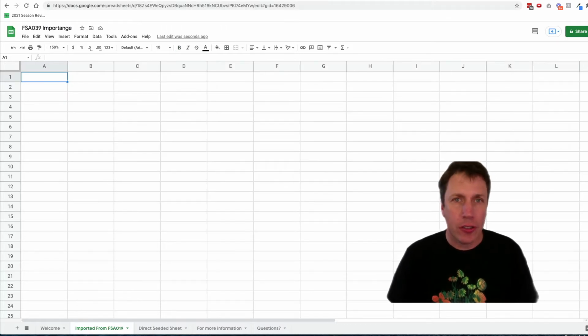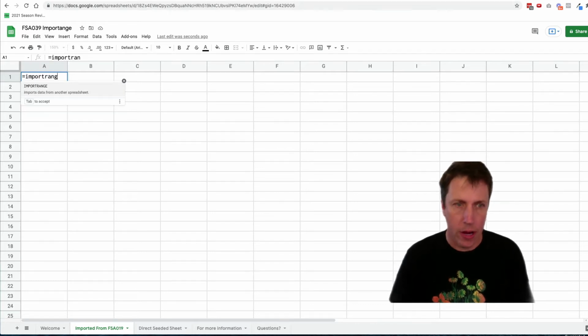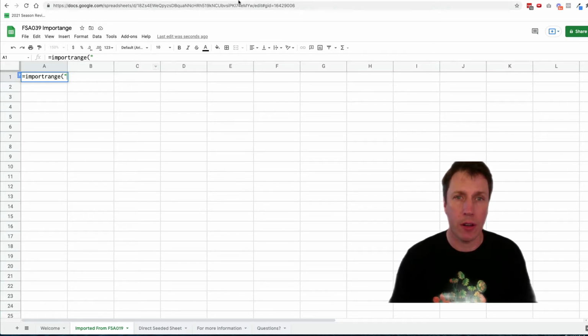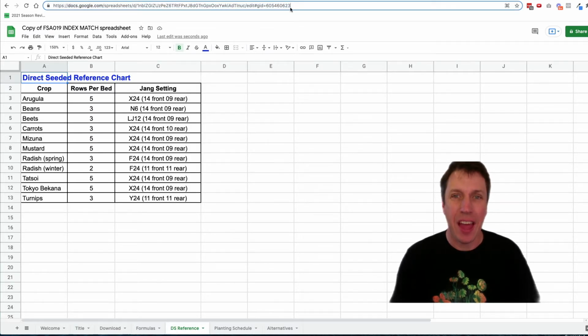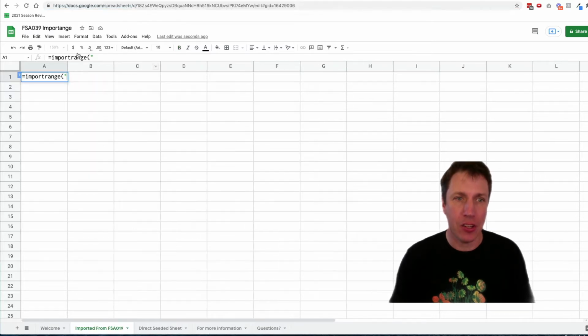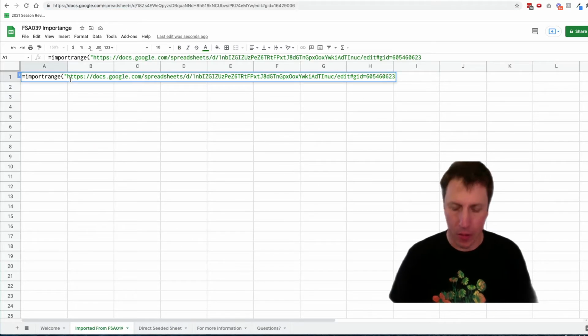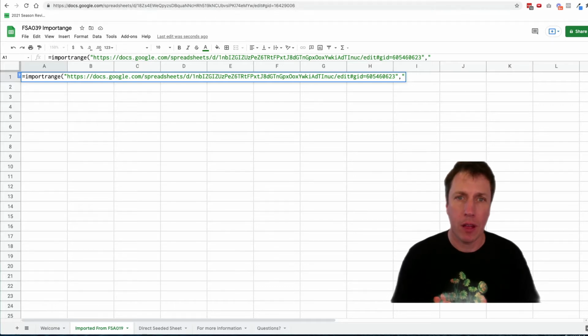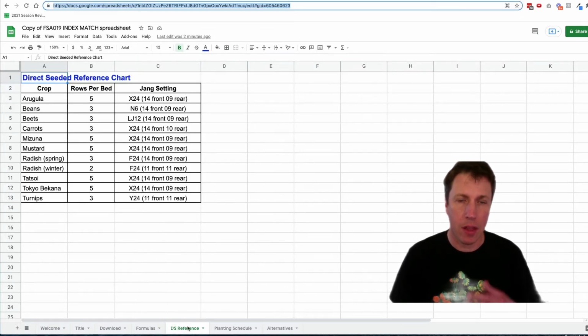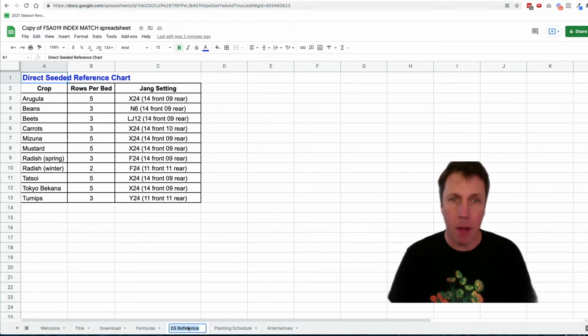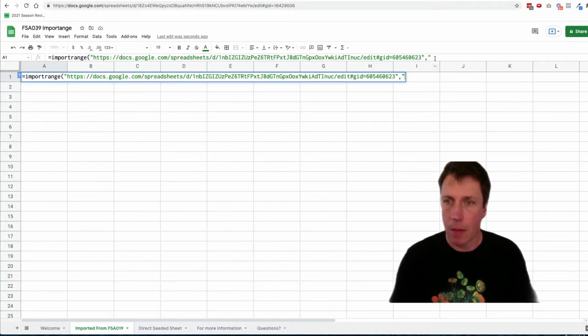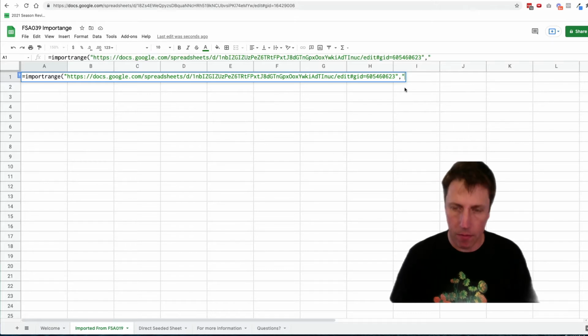To link these two sheets, I'm going to use equals import range, open parentheses, open quotation mark. This is really important, the quotation mark. Take the URL of the sheet I'm linking to, put that in the formula, close the quotation mark, that wraps up that string, comma, open quotation mark. Going back to the sheet that I'm referencing, I'm going to copy the tab name. I'm going to put that in,